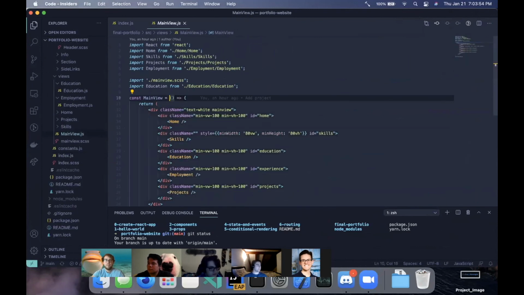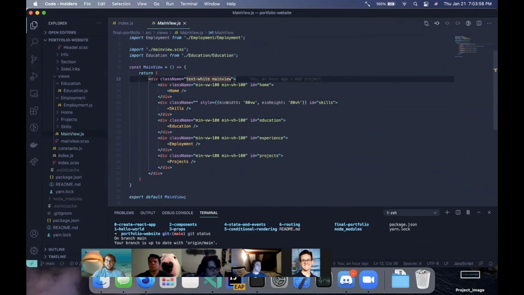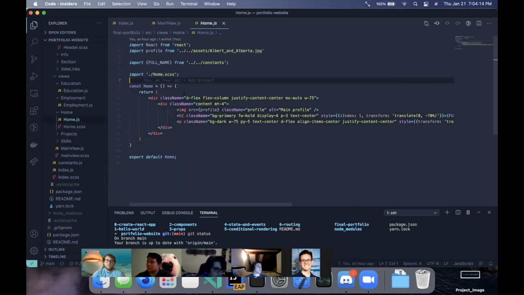Let's go to our main view. Here we just have our divs for dividing out the different sections of our home, skills, education, employment, and projects. Really, this is just a template. Like I said, you can start here, go off, create your own, do whatever you want with it. We can go into each of these components. Home is just a simple component. All it does is return basic HTML. Let's go back